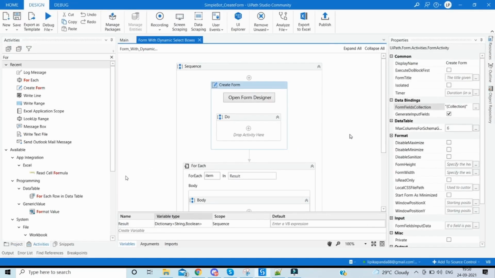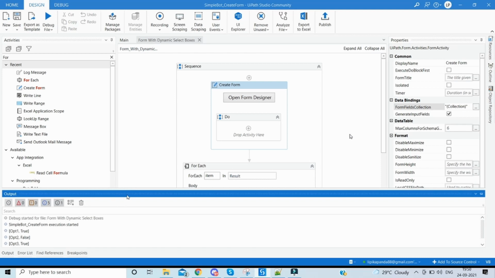And to see the results, we'll go to the output pane and see that here we are seeing opt1 and opt3 are marked as true. So from this we can make out that when we are making the input a dictionary, the values which are present in the input dictionary will be displayed on the form for the user to make the choices. However, when we see the results, the output will be stored such that the keys will be mapped with the boolean true or false.